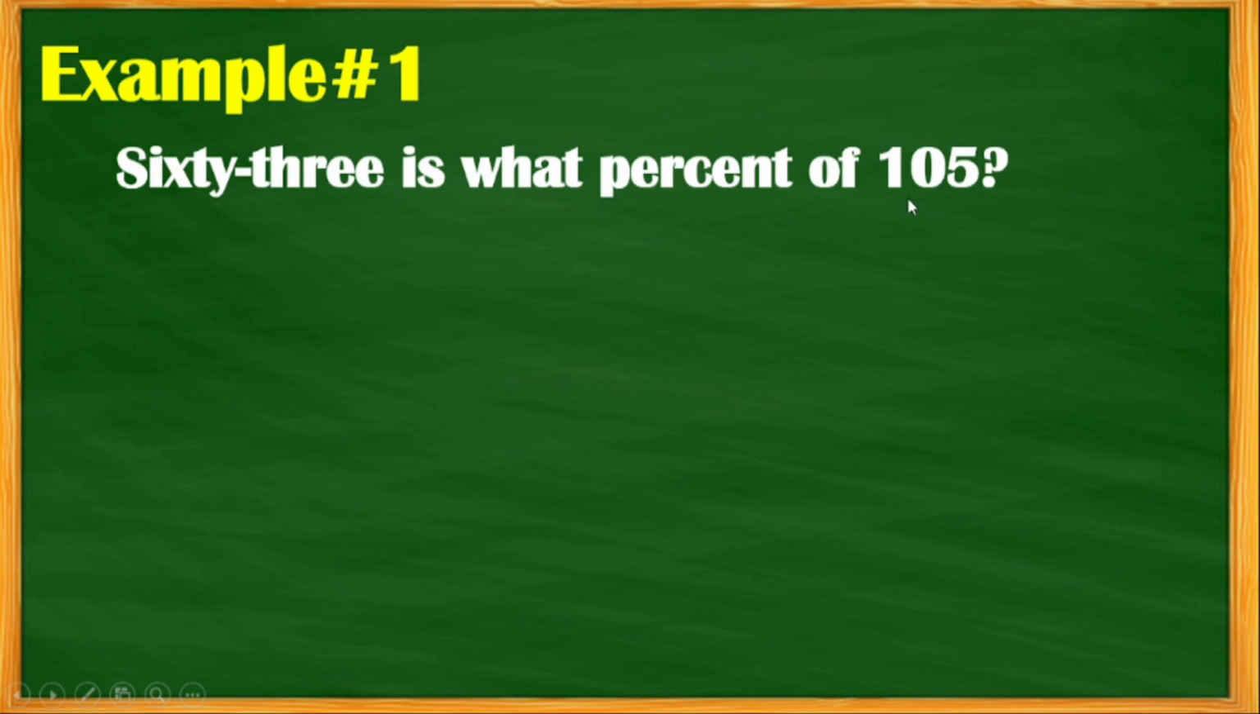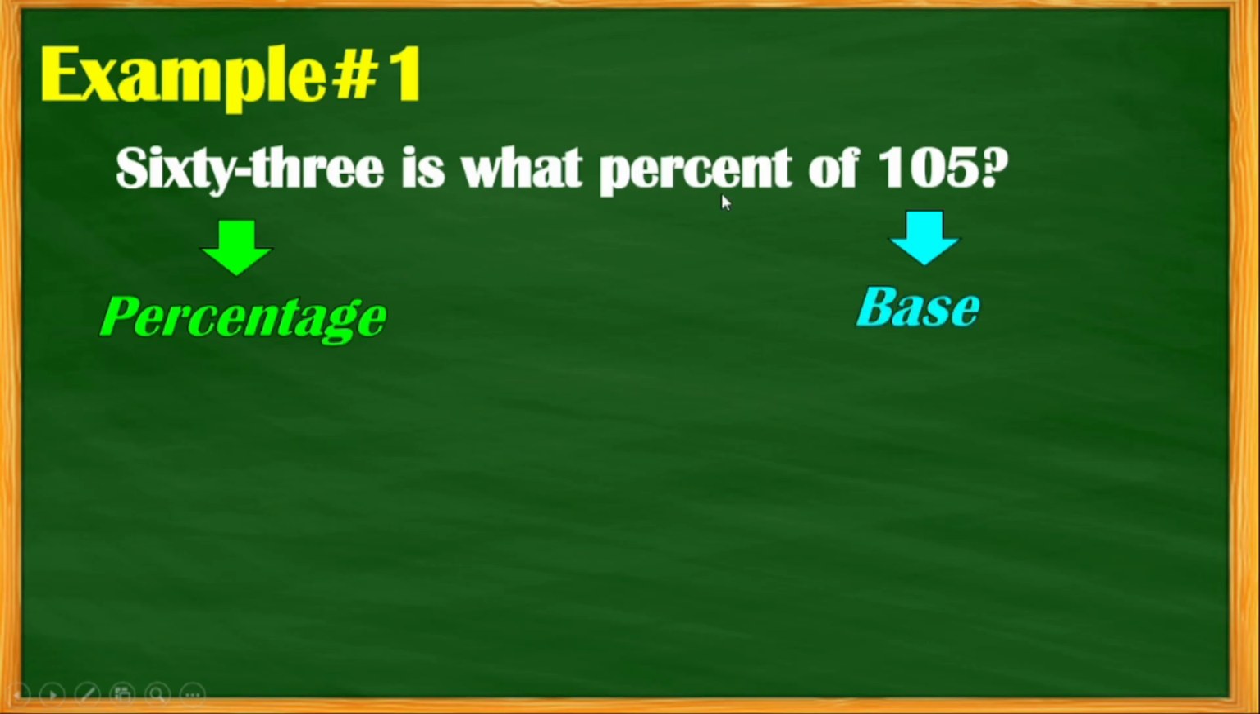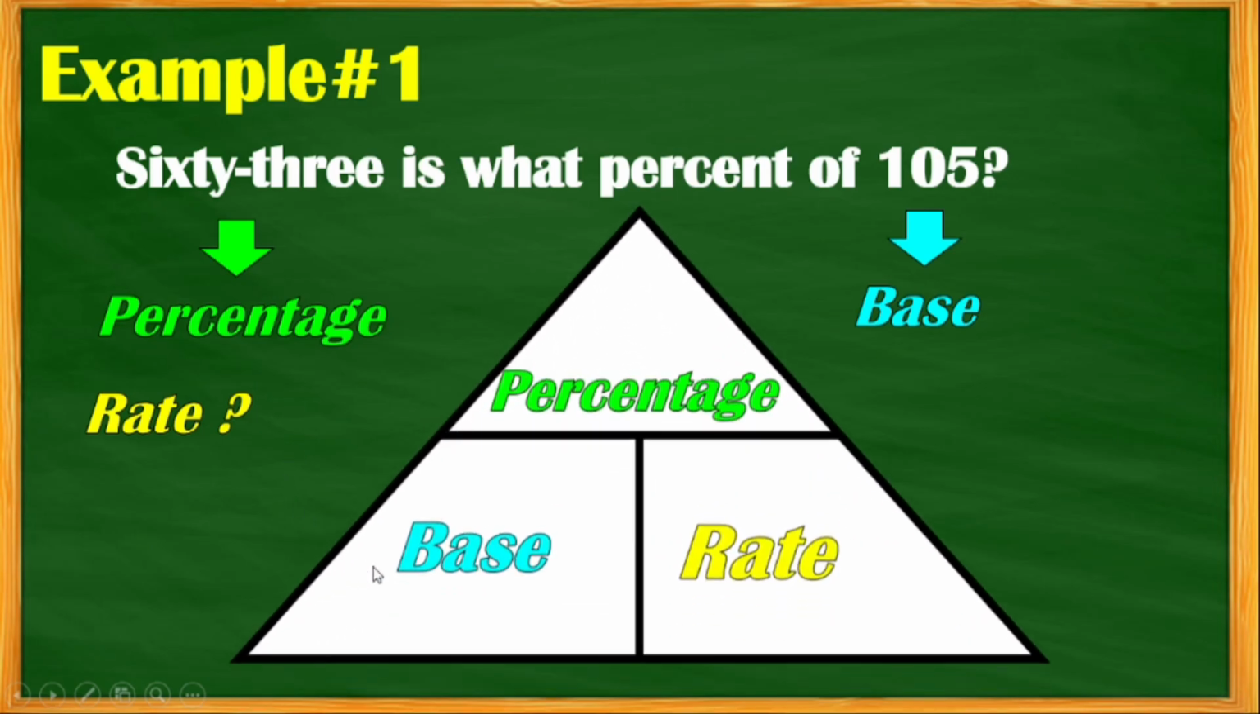63 is what percent of 105? Let's identify the given. 63 is the percentage because 63 is a lower value than 105. Then 105 is the base. So we have two givens, and the unknown is the rate. So the formula for the rate, using the formula triangle or the PBR method, is